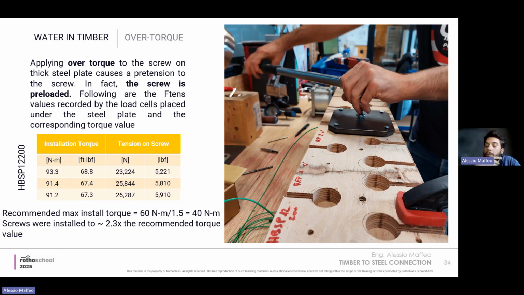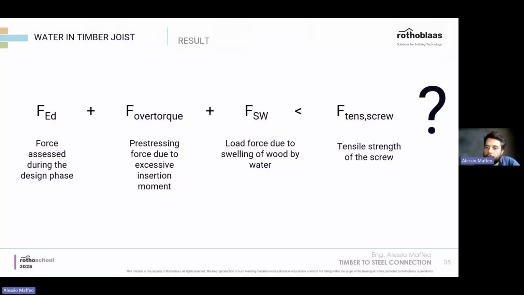And this is very critical. It means that we are installing things, and due to the bad installation, we are already at the maximum resistance in tensile stress for the screw itself. It means that there is no buffer, there is no safety if something else happens. For example, a water issue, like we just saw before. So the water is a topic, and then the installation is another topic, and also the angle of installation, that we do not want to have.